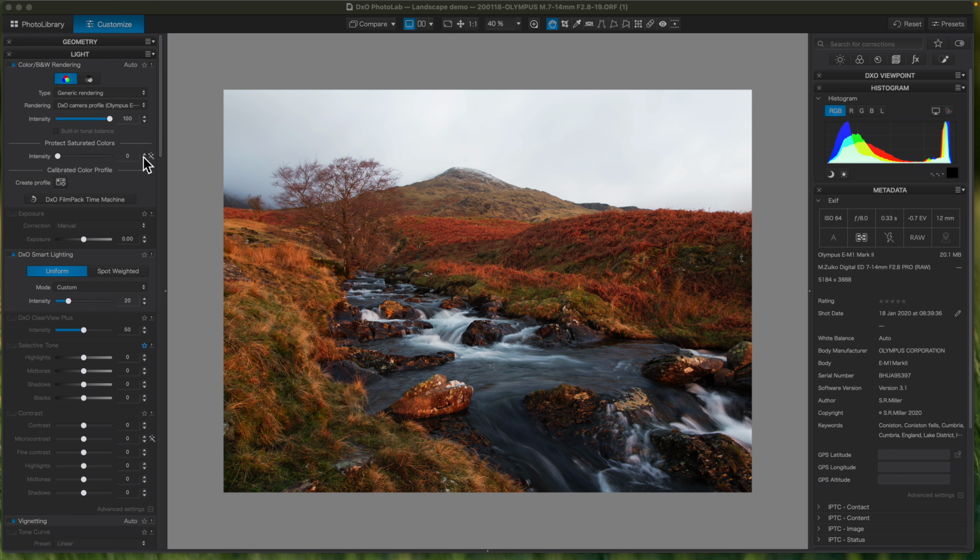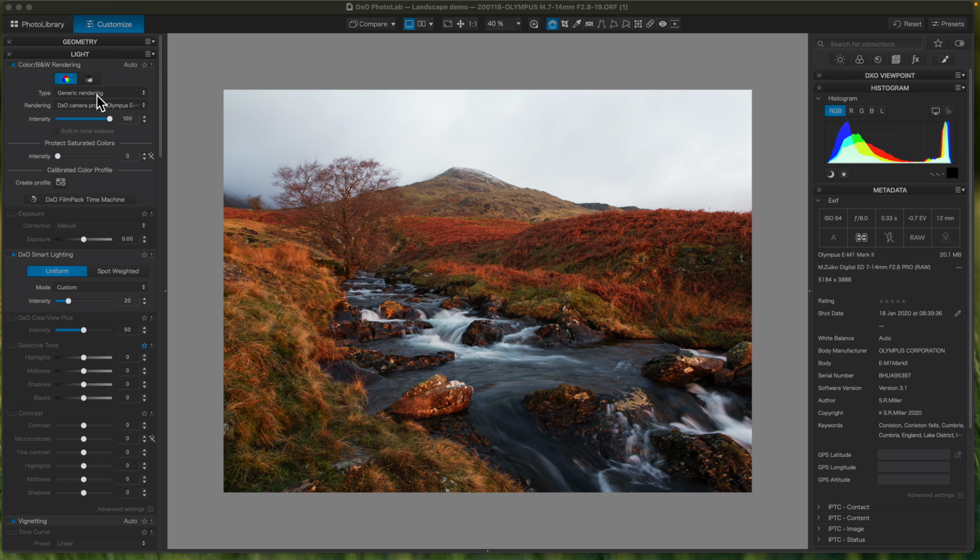Yeah, so let's get into it. I've got my usual import preset things. There's a few little things on smart lighting and stuff, but I'll go through that individually, how I'd actually do this image. I'll do it a bit slower than I normally would, but for this, for landscape images,